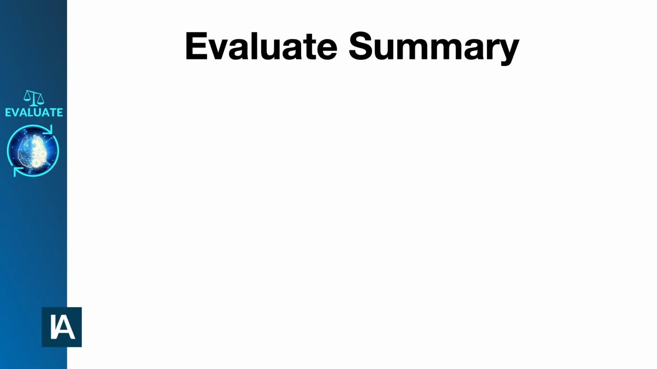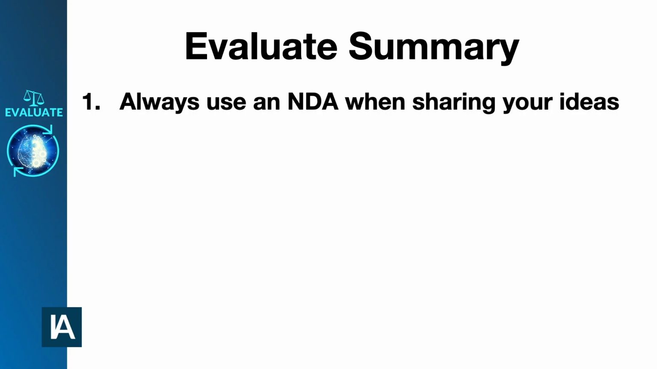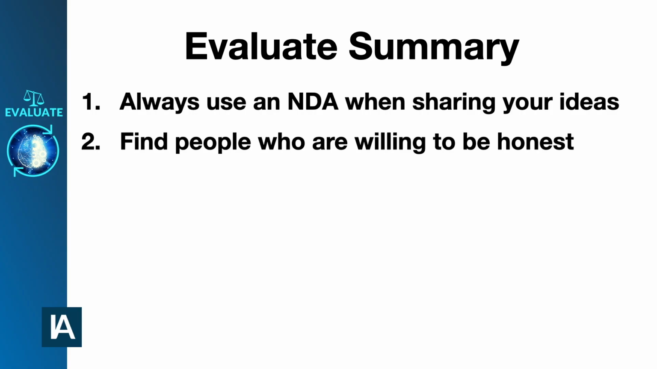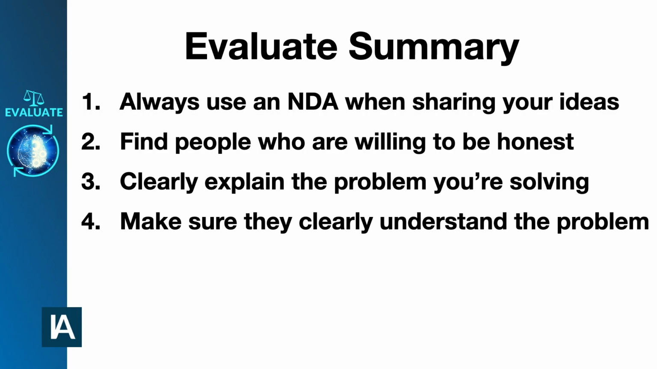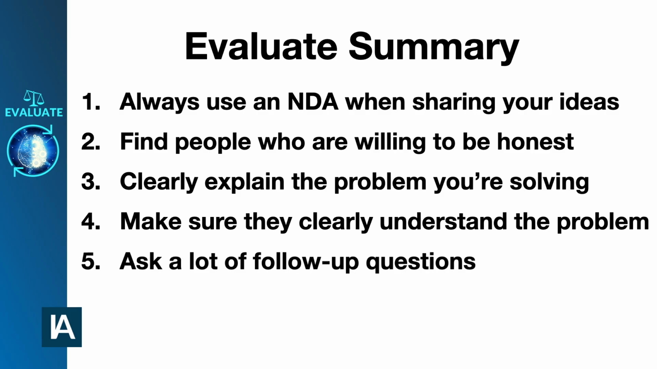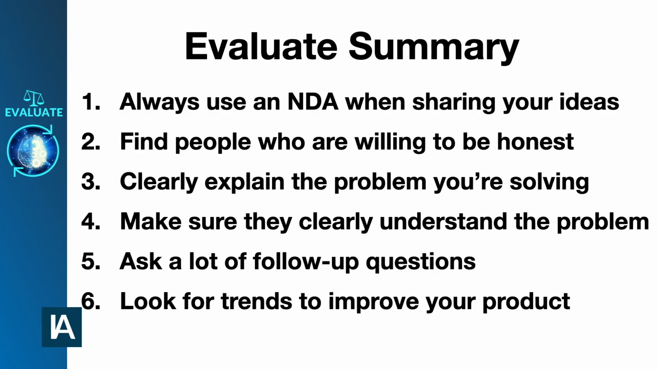To summarize, number 1, use an NDA before sharing your idea with anyone. Number 2, try to find people who are willing to be brutally honest with you, because real feedback is what you're trying to get with this exercise. Number 3, make sure you've clearly set up the problem before explaining your solution. Use the problem, agitate, solve framework to help you do this. Number 4, confirm the person you're asking clearly understands a problem with the first 2 questions in the question list. Number 5, make sure you ask a lot of follow-up questions so you can get to the core of people's answers. And number 6, analyze your data by looking for trends and patterns in the responses and use that information